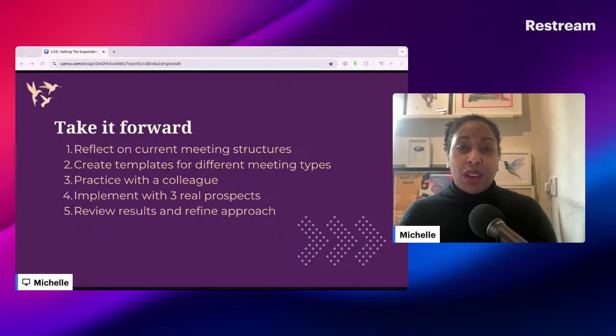Then create some guidelines around the different types of meetings that you run, whether that's discovery and qualification, demos, contract reviews, negotiations, that sign up and set up, depending on the remit of your role, the handover to CS or onboarding. So what would you ideally want to bring in as a meeting structure?